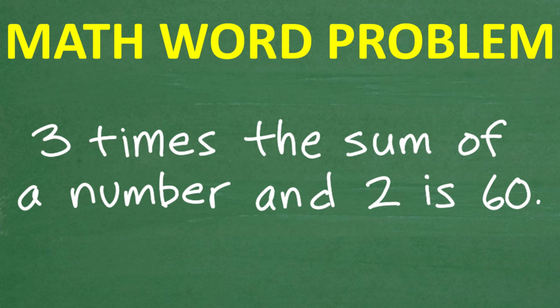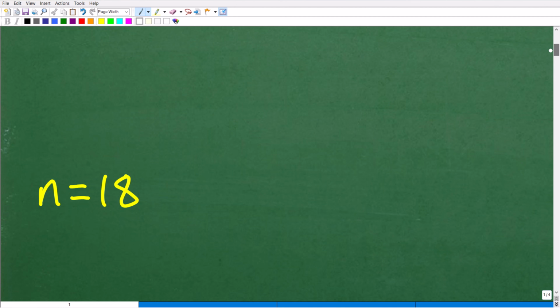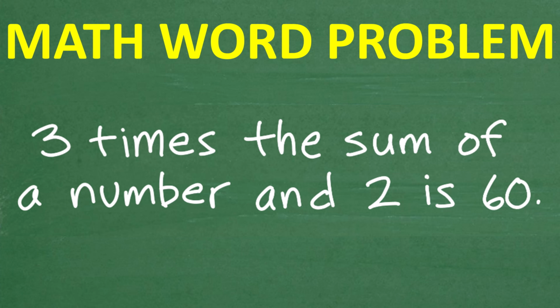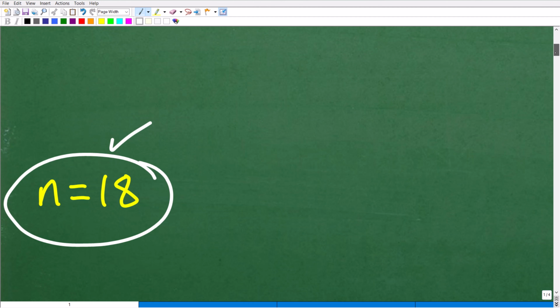Okay, so let's go ahead and take a look at this number. What is the number here? Well, the number is 18. So, of course, I did indicate that we're going to have to use some algebra to solve this. However, some of you could have just figured this problem out. You're like, well, I think I know what's going on here. Nevertheless, the number is 18. So if you solve this without algebra, that's great, because this particular problem is not that complicated. However, these types of problems can certainly get much more complicated, and you'll definitely need to use some algebra